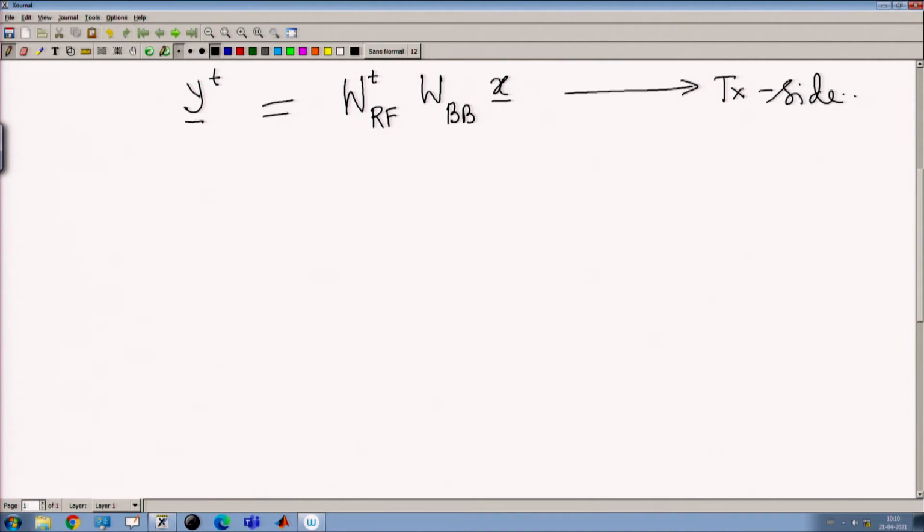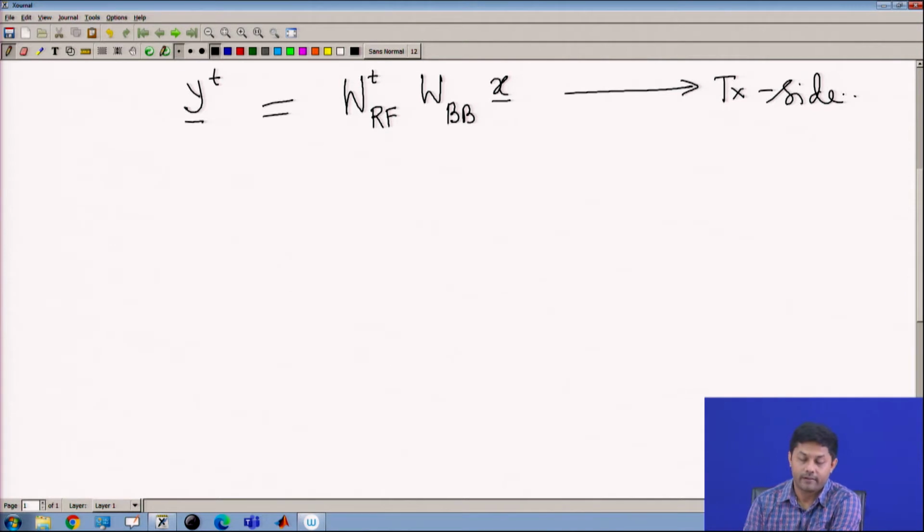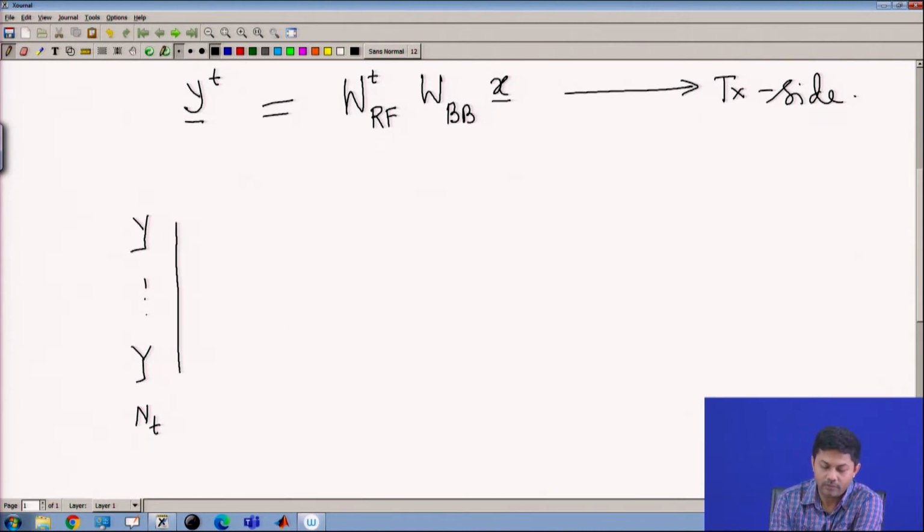Now, let us understand what happens when it goes through the channel and comes to the receiver side. I am at the transmitter, and I have already propagated the signal through the air. How exactly does the propagation happen? I do not draw all the antennas, but a few symbolic antennas, and these are all NT number of beamforming antennas. And if I see the beams, multi-level beams will be there.